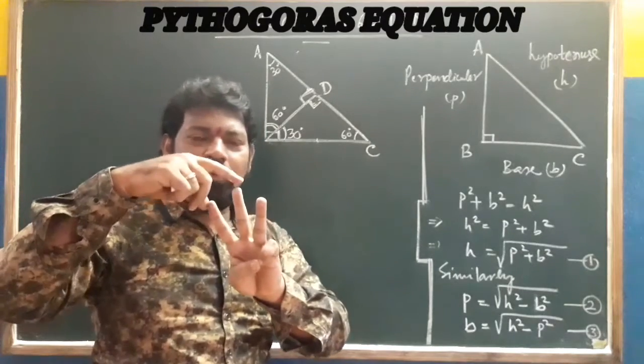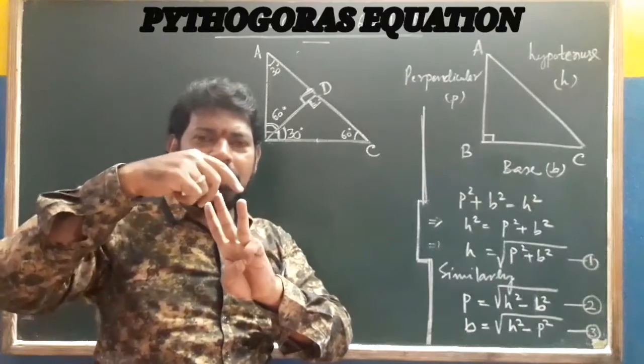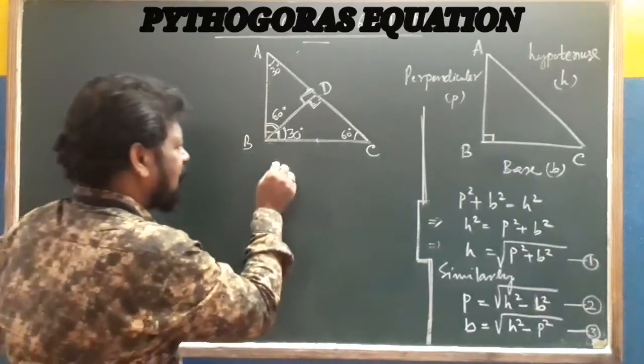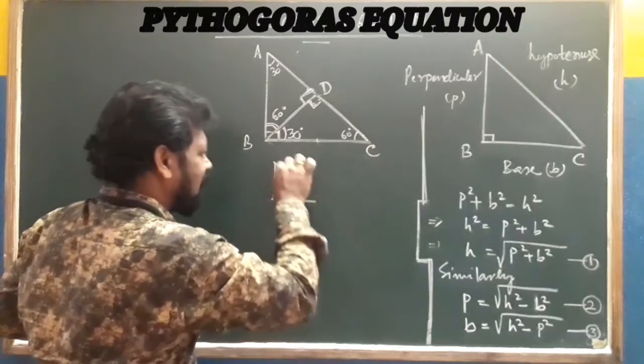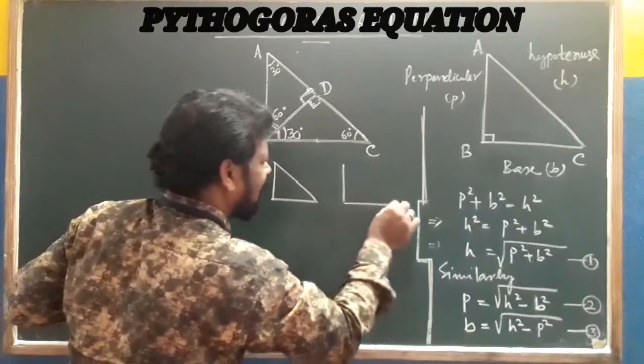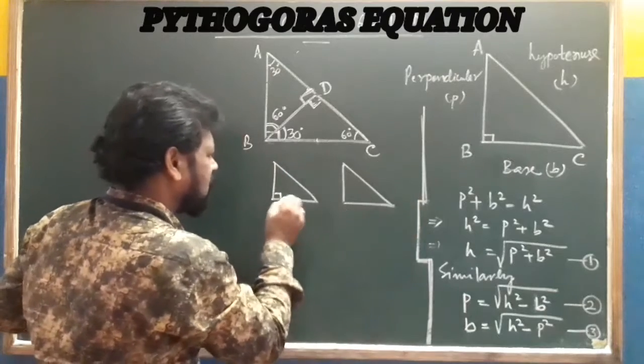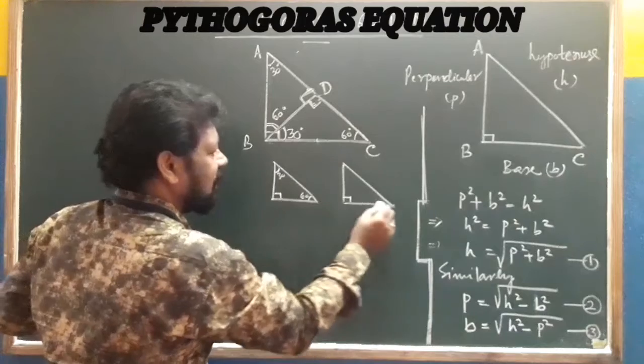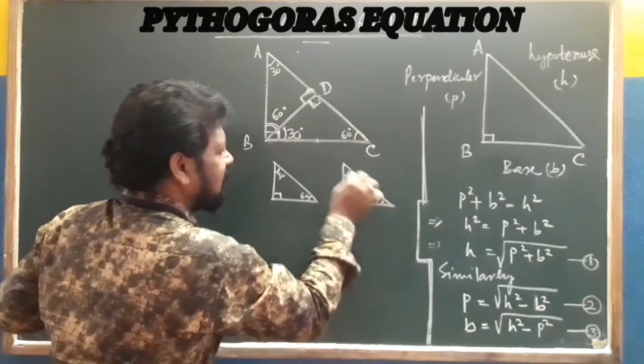So let's make similarity of first and second, similarity between second and third, similarity between first and third. So what is coming here? Well, let me draw three pairs of right angle triangles. This is a pair of right angle triangles where I will put this is 90, this is 90, say this is 60, this is 30, and this is 60, this is 30.